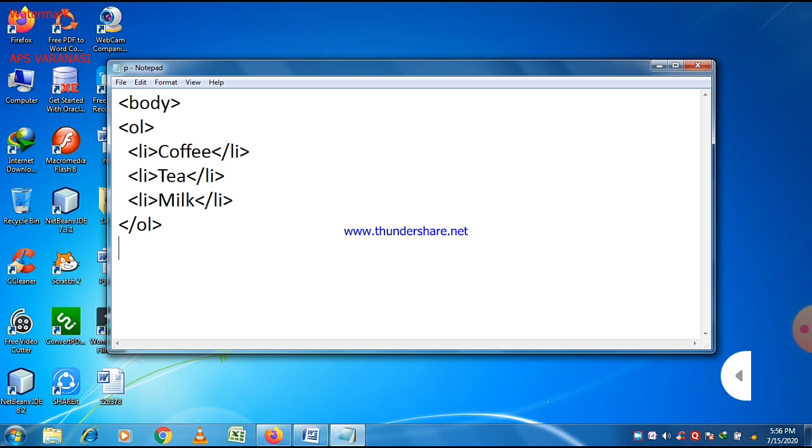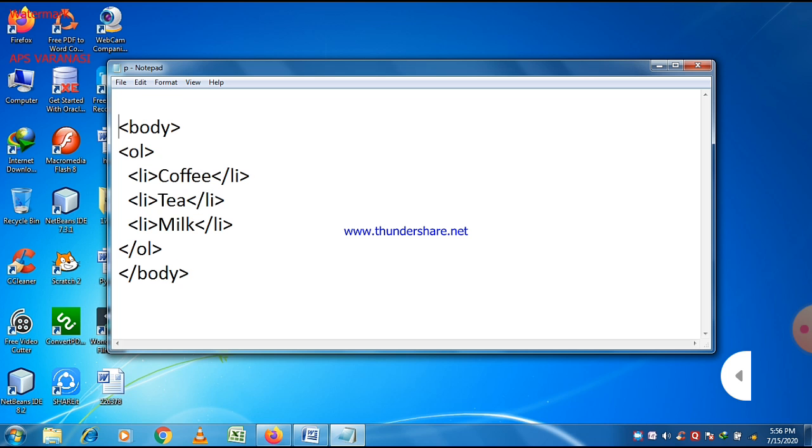Just write body, and close the body tag here. And body tag itself is a part of HTML tag, which is also a root tag. As you know, all the programming regarding HTML is written within HTML tag. So just start from HTML tag and end with HTML tag also.